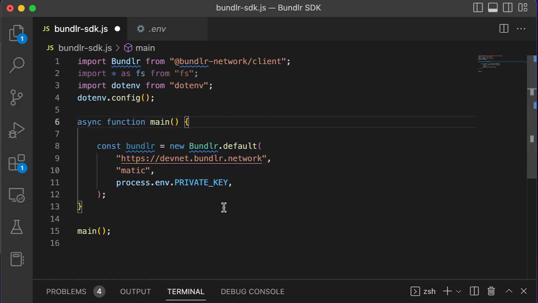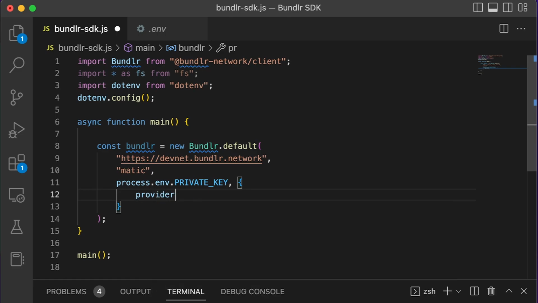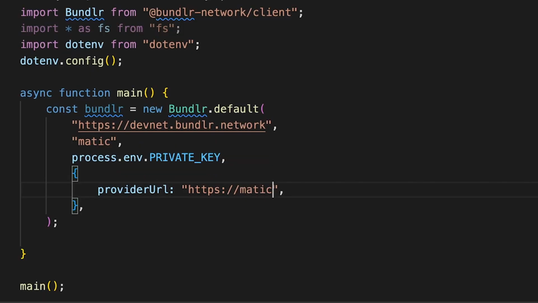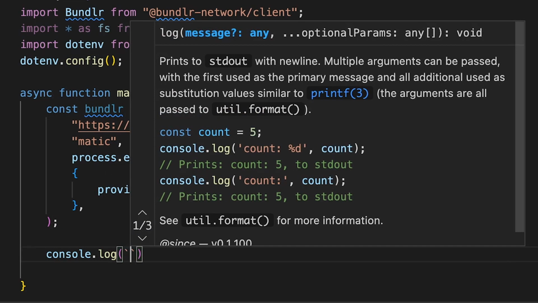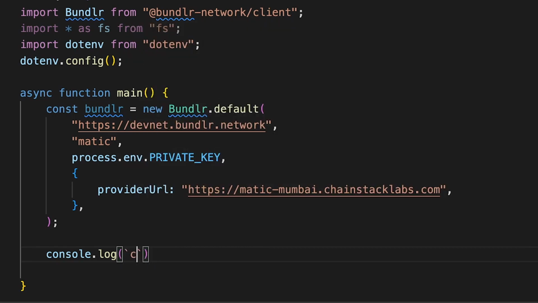These are the required parameters. We also support a third optional parameter, which is an RPC URL. With node 1 and node 2, you don't need to provide this, but when you're working with the DevNet, it is required. So we can go here, PROVIDER_URL. All right, cool, spelled that right. And that's it, that's all you need to do. It's one line of code to set up a reference to a Bundler class, linked to a Bundler node.